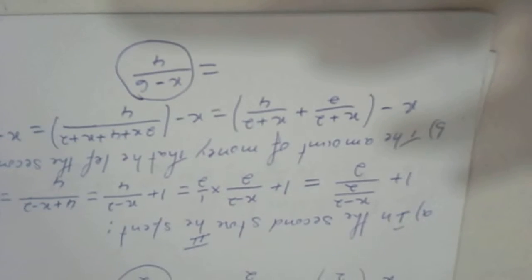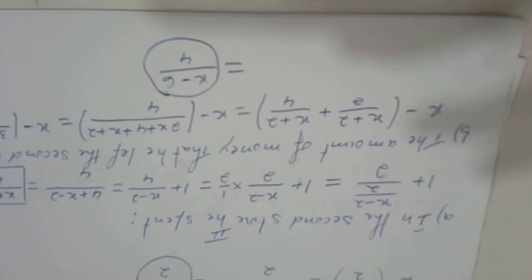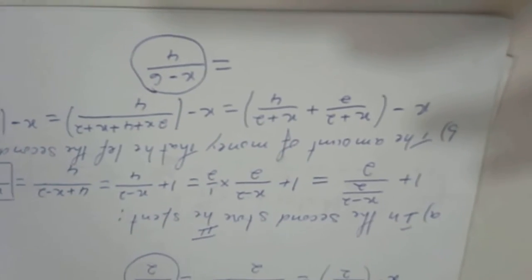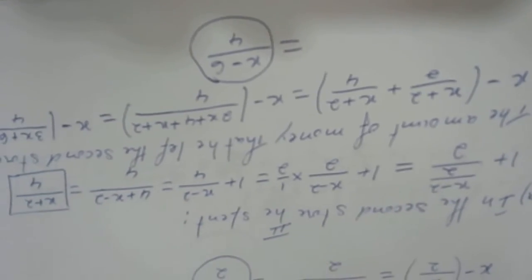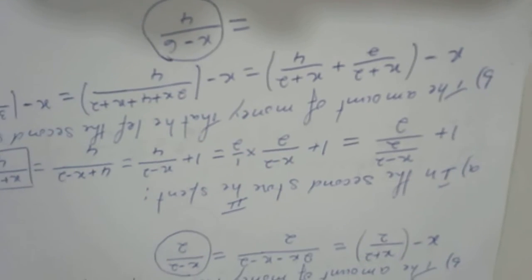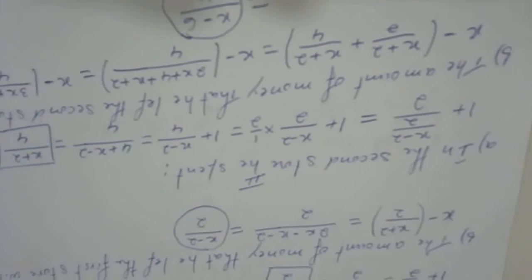Now we are going to find out the amount of money he left the second store with. We know the amount of money he spent in the first store, and we know the amount of money he spent in the second store. Now in order for us to find out the amount of money he left the second store with, we are going to subtract the amount of money he spent in the first store plus the amount of money he spent